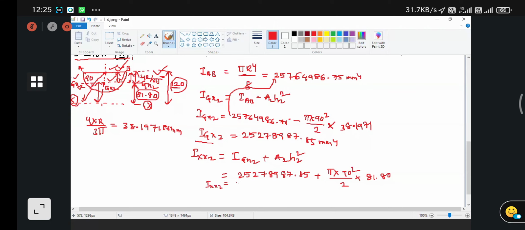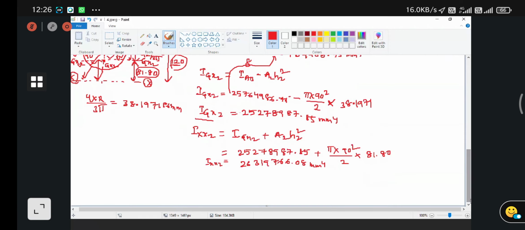Ixx2 as, so let me calculate. Let me give the answer. So this one plus area of this thing is nothing but pi into 90 whole square divided by 2 into 81.80. So which is equal to how much? 26,3197,66.08 mm power 4. So this is the second moment of inertia, second moment of area, or otherwise moment of